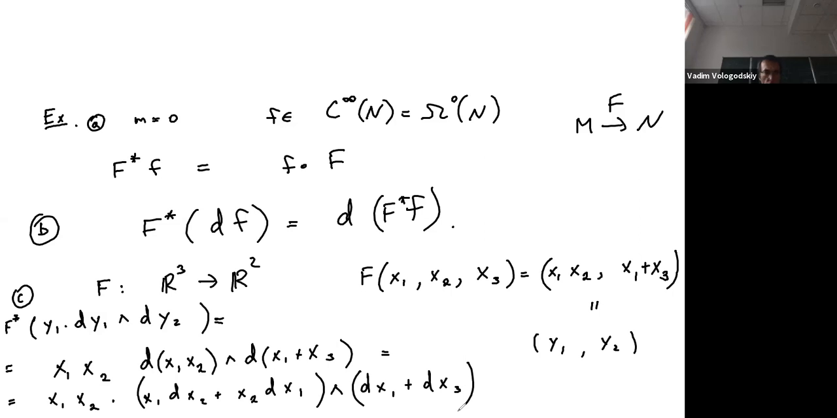And now you do the computation, and so an observation here is that when you develop this wedge product, you get 4 terms, but one of these terms, dx1 wedge dx1, dies, right? Because dx1 wedge dx1 is equal to 0. So in fact, the answer is going to be